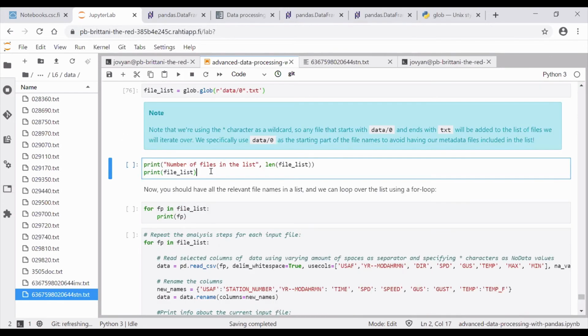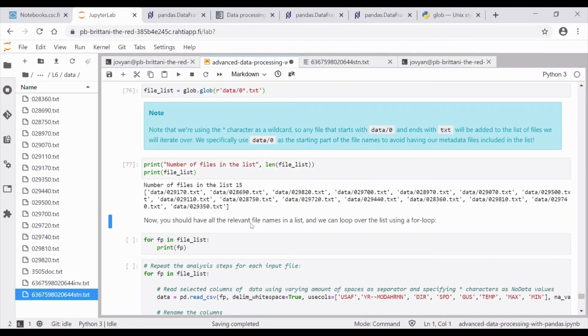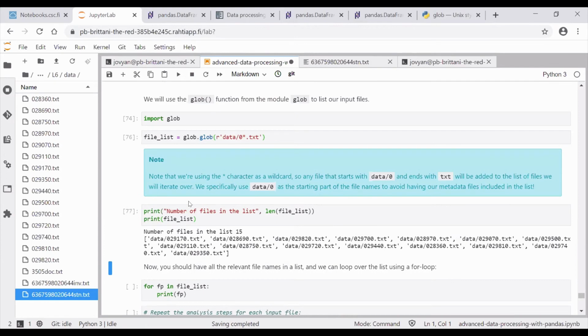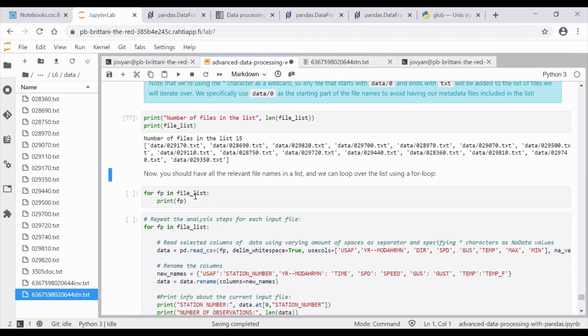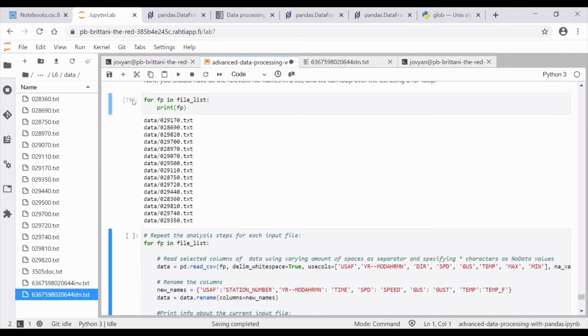There are some print functions to help us understand what's going on. So I'm just printing information of this file list, and the number of files is 15. So thank you, Python, you helped me count how many files we have. And just a refresher, how can we do a for loop that goes through items in this list? We can do for fp in file list, print fp. So now for each round of the for loop, we have one of these file paths